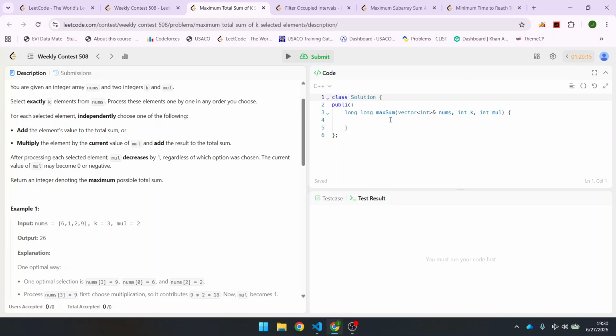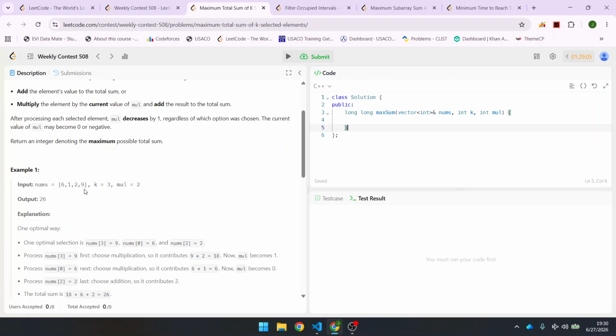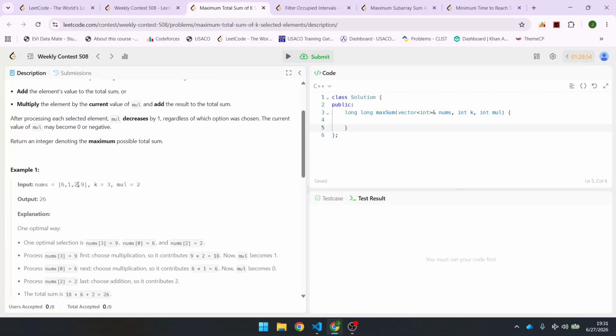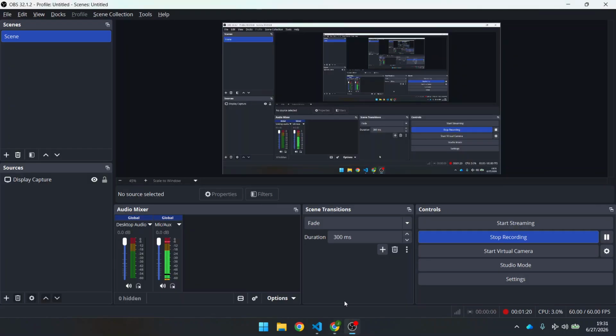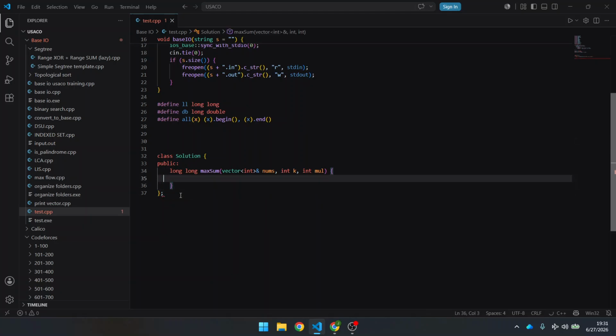I feel like, let's see. You gotta just sort nums, right? After you sort them, you take the greatest k, and so it's 9. After 9, you can multiply by 2, 18, and then you can plus 6 to this. 18 and 6 plus 2. Okay, so we have